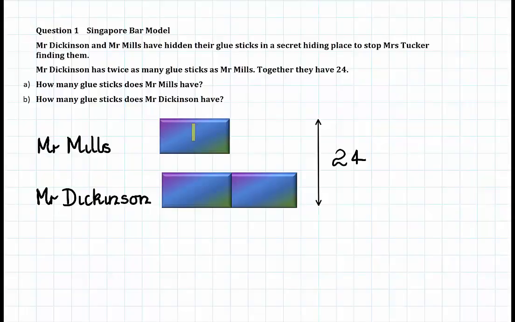Let's have a look. Mr. Mills has one block of glue sticks, and Mr. Dickinson has twice as many. So by looking at the diagram, we can count 3 blocks. So we can say that 3 blocks equals 24. So one block